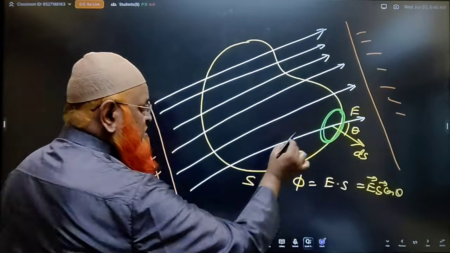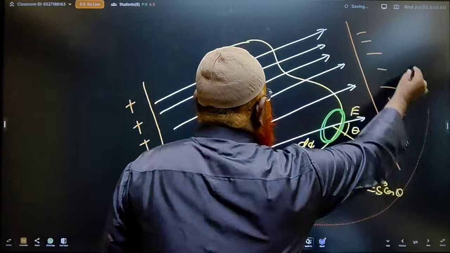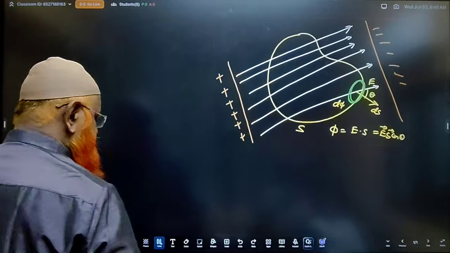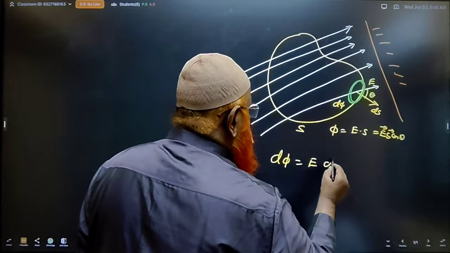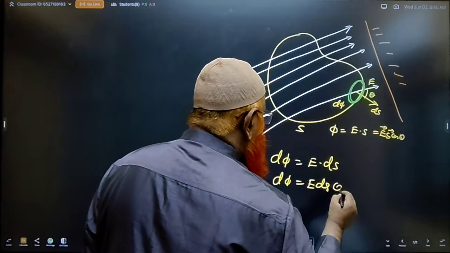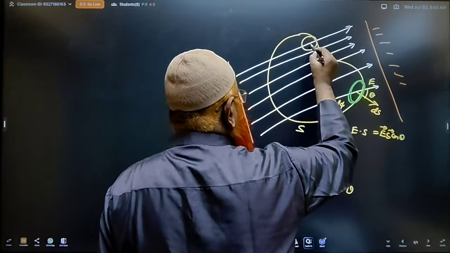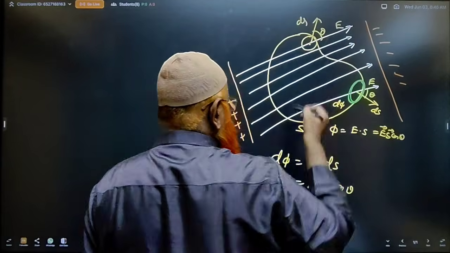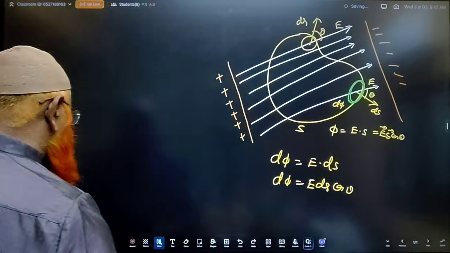Now I want to find the smallest flux due to the smallest area, which is taken as d phi. How much is it going to be? Let us see. I take a smallest part, d phi, which is E dot ds, where d phi is equal to E ds cos theta. Any part you can consider, even this part, no problem. Here the area is a vector, this is theta, and this is E. The same formula: d phi is equal to E ds cos theta. So I am talking about Gauss